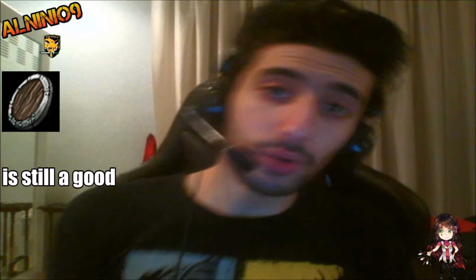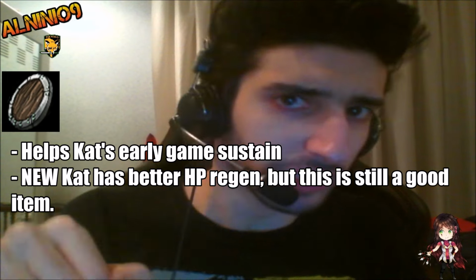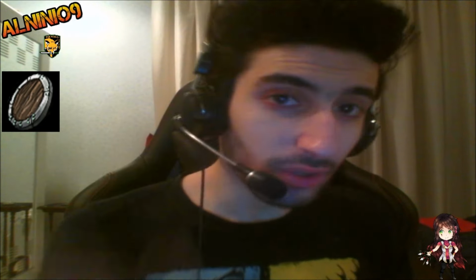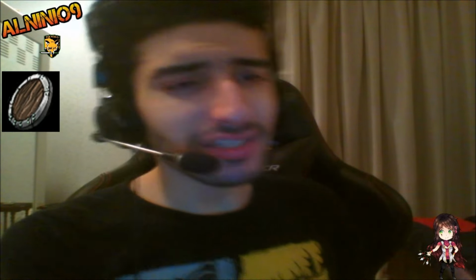Next up is Dorn Shield. Now, this item, as we all know, is actually really good on current Katarina because her HP regen early is horrible. She actually has one of the worst HP regens in the game. Or not in the game completely, but she has a weak HP regen compared to other champions. Her HP regen is not exactly amazing, so Dorn Shield really helps her out in lane by giving her that extra health regeneration in lane